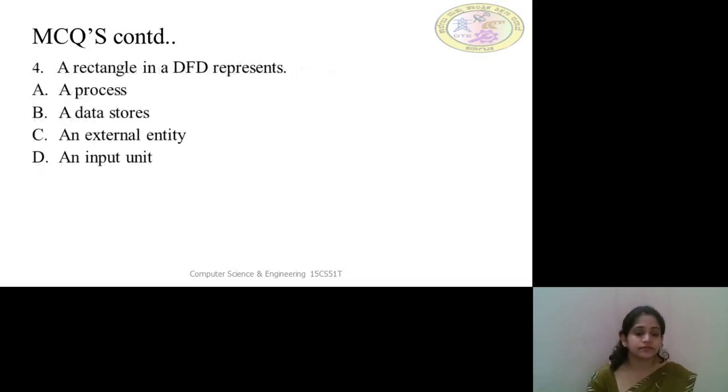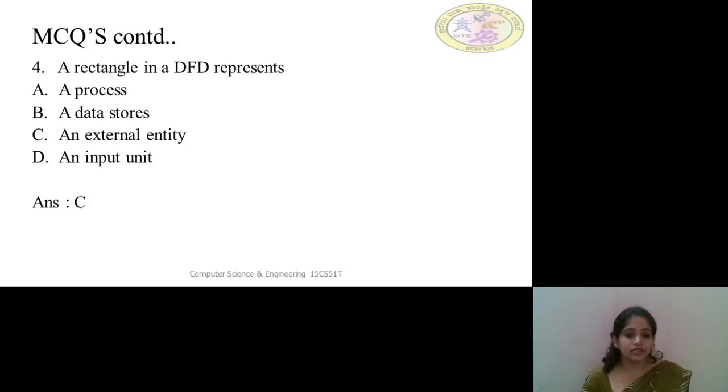Question number 4, a rectangle in a DFD represents option A, a process, option B, a data store, option C, an external entity, option D, an input unit. We know that in the DFD, the rectangle represents the external entity.